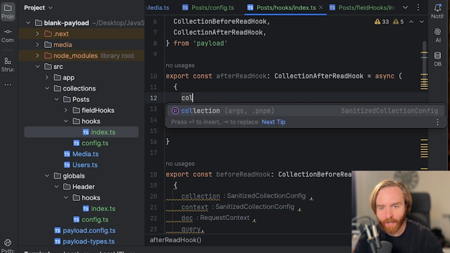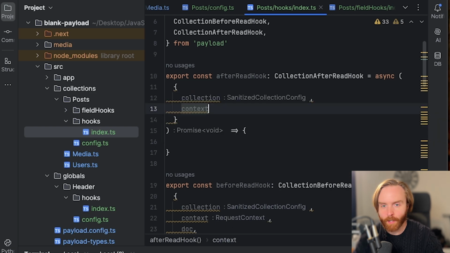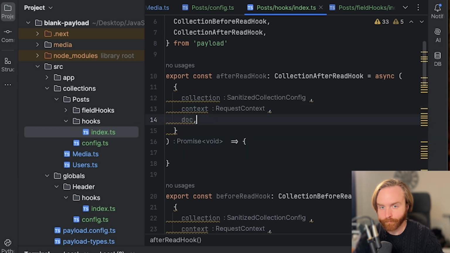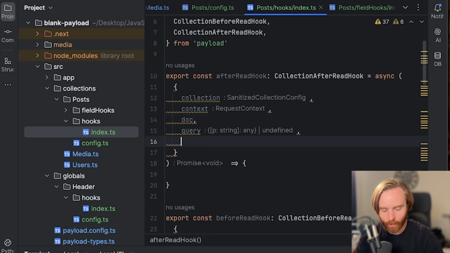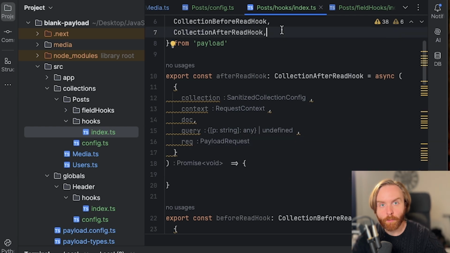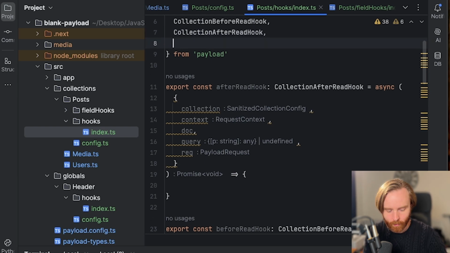In this hook, you have access to collection, context, doc, query, and rec. Next up is the beforeDelete, which runs before the delete operation is run. You can use this hook to send data somewhere before deleting a document. For example, you could set up a hook to send an email each time a document is deleted from a sensitive collection. You'll need to import type collection